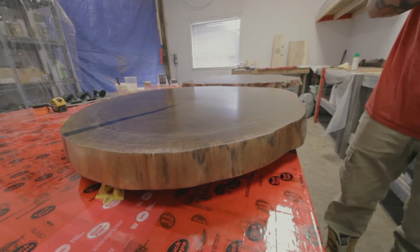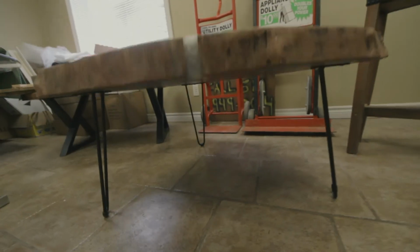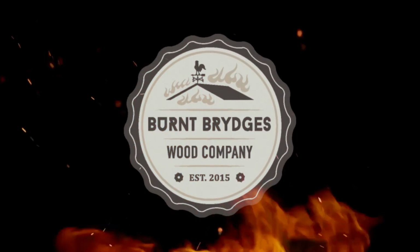After it's all dry, I'm going to put the legs on, the hairpin legs, and then deliver the three tables over to Marilyn's house. When I wake up in the morning,